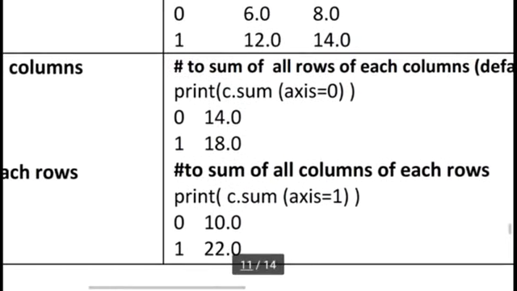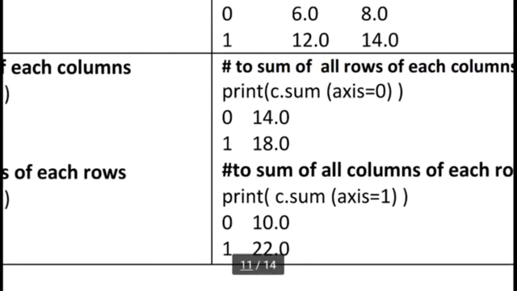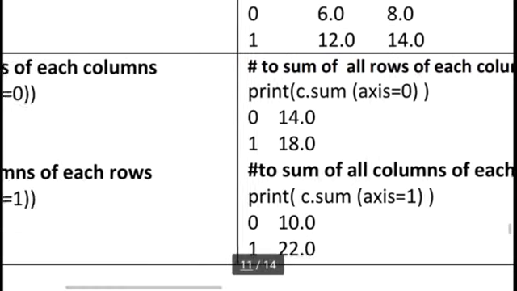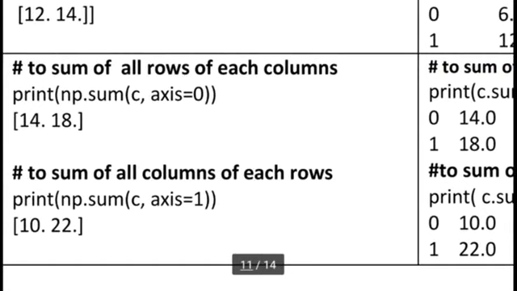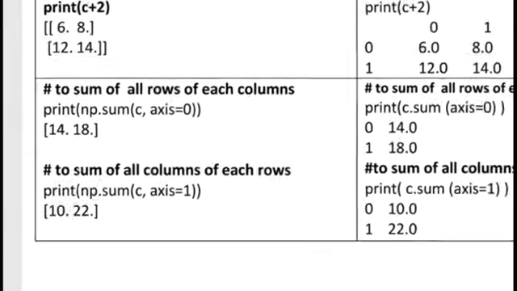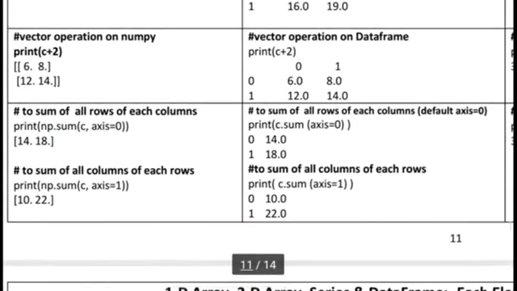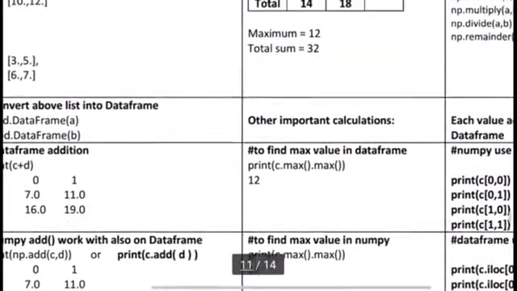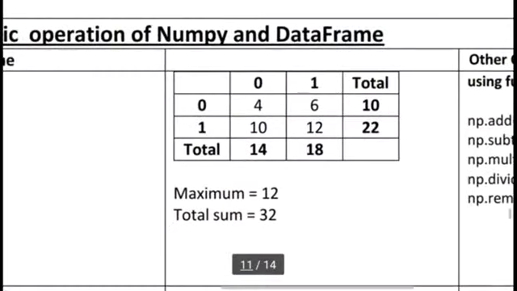The default axis is always 0, which means the column-wise total is always available. So here I am using c.sum. For a single data frame, it will sum by every row or column, and with np.sum on a 2D array, all rows and columns are summed one by one. You can see this example here.